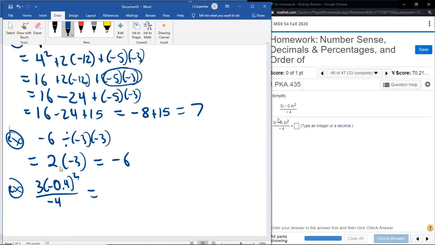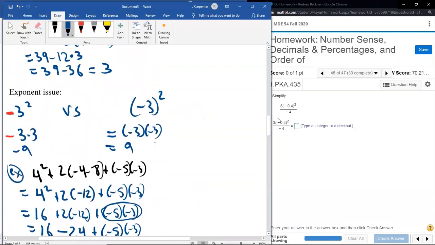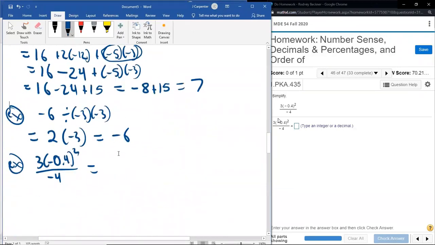Now that negative is inside, so like earlier, that means you're doing the negative repeated, and a negative repeated twice will be a positive. If you're rusty with your decimal multiplication, it goes like this: 0.4, 0.4. You actually do what's called a right alignment. I know it looks like I lined up the decimals. I did not. I right aligned the digits. For example, if I wanted to do 3.5 times, I don't know, 2.687, it would look like this. See, that's a right alignment.